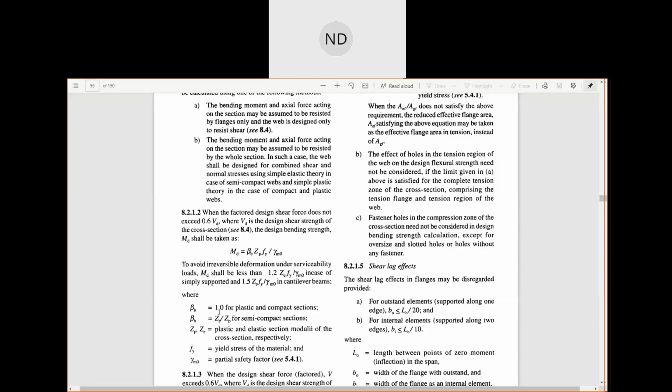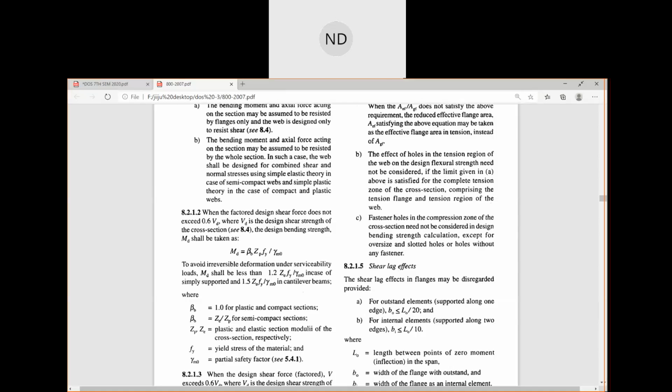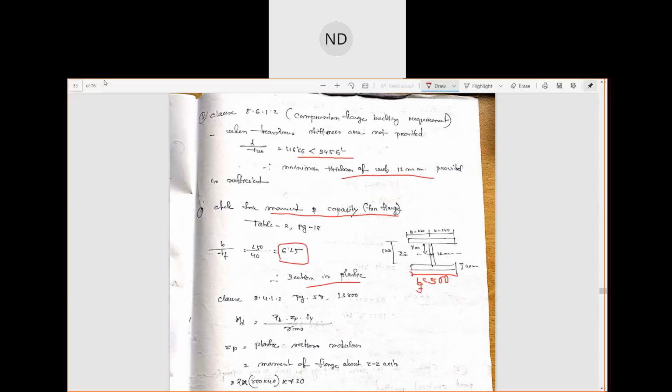Beta b is 1 for the plastic and compact section, and beta b is this much for the semi compact, but we have our section to be plastic, so beta b is equal to 1, this one here. Okay, so then comes your fy, we know 250 because of the Fe415 lower stress. Then gamma MO, from table 5. Here, partial safety factor, and now ZP. What is ZP? ZP is the plastic section modulus of the cross section. Okay, rest. So here, if you see,